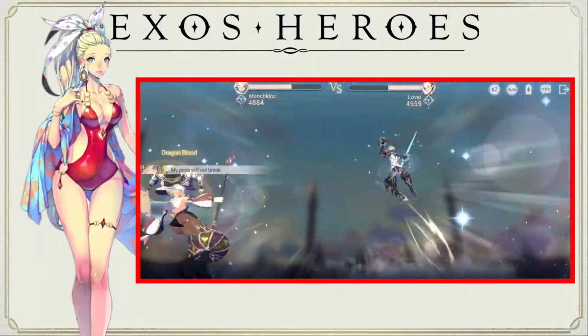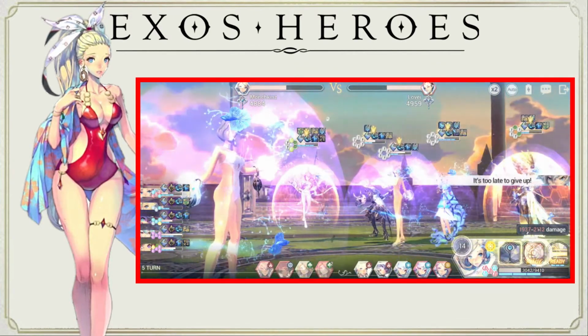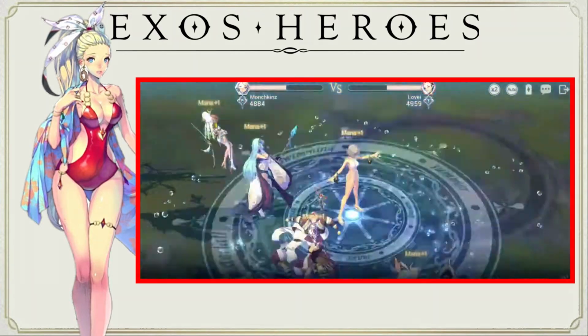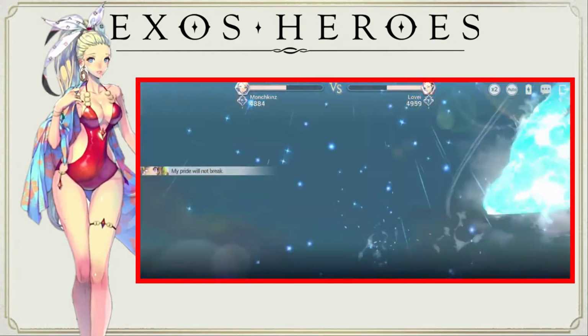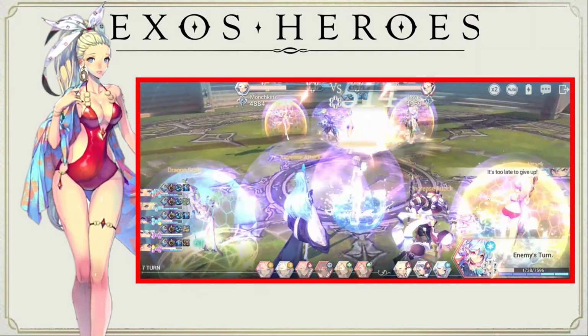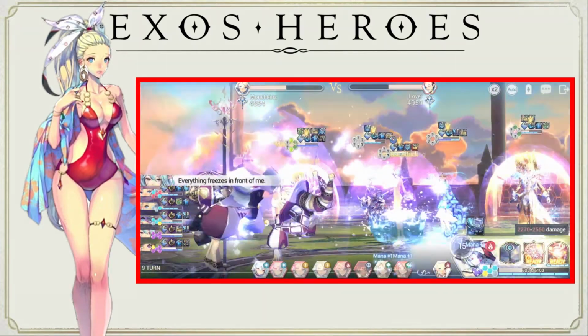If you guys haven't watched my previous video regarding how to deal with the current meta, she is one of the characters that you can use in order to beat the current meta right now in PvP. So I pitied her, even though I told everyone else, well, you know, you can really skip her,